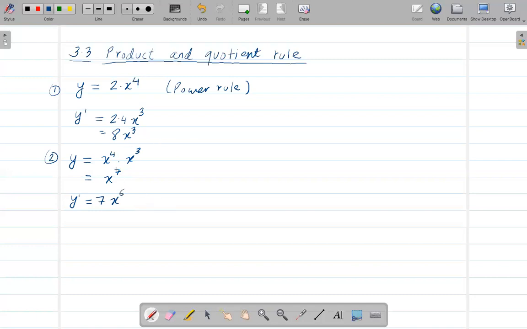Okay, but if there are two terms and both have variables and both are multiplying each other, then we have something called the product rule. All right, so the product rule says that